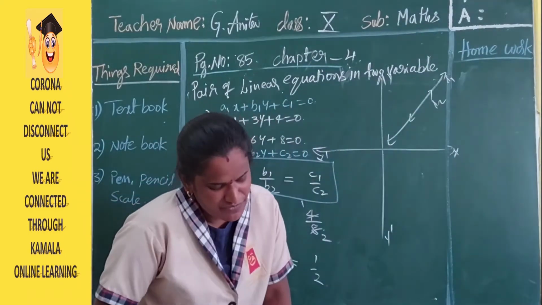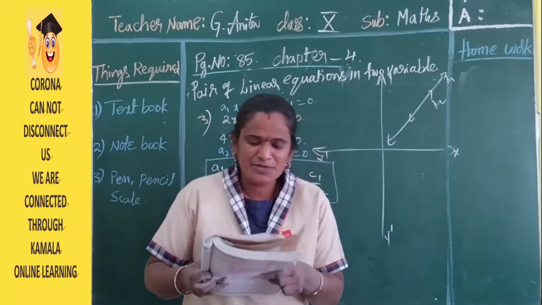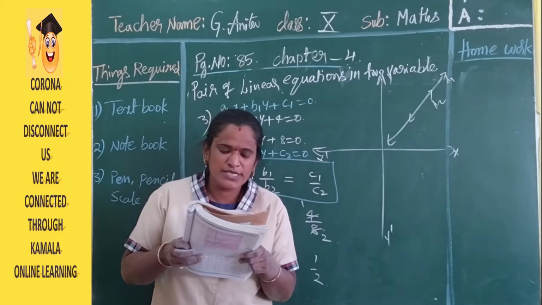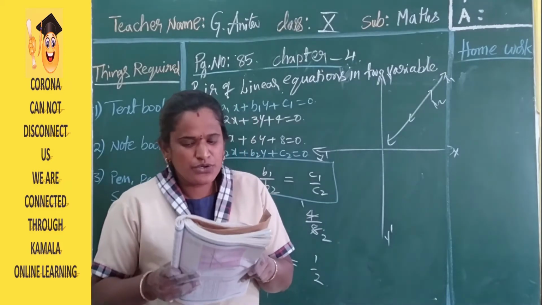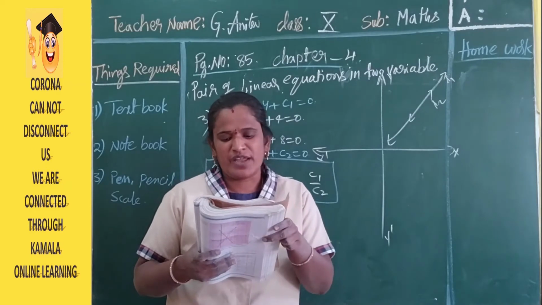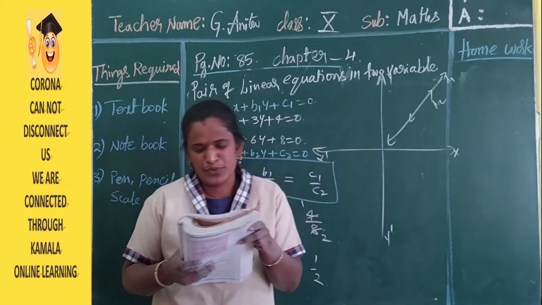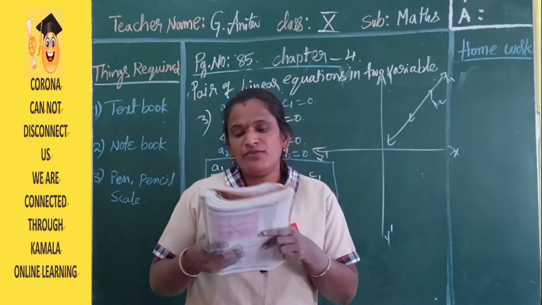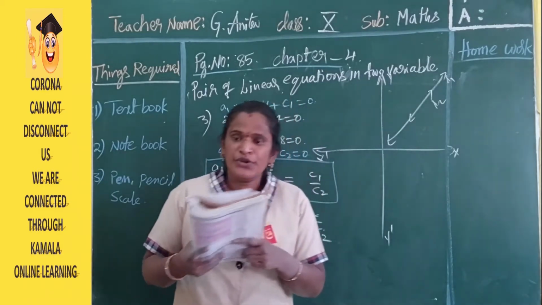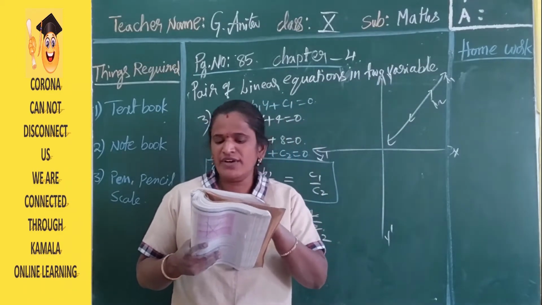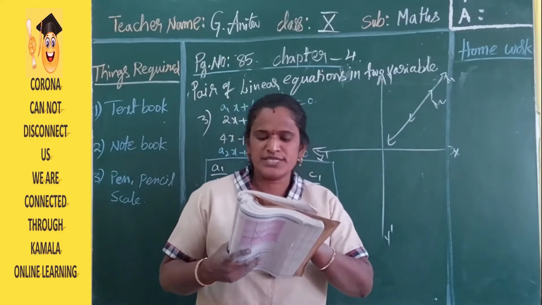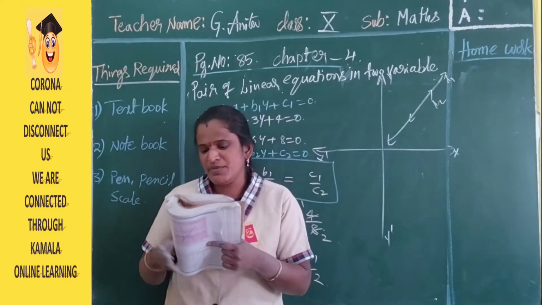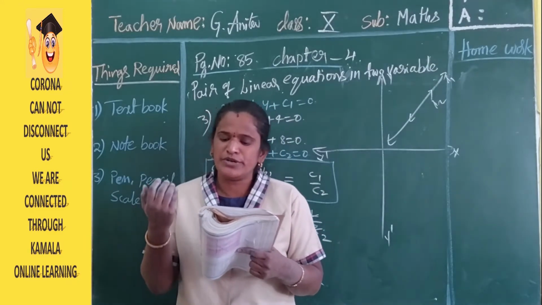Once look at your textbook, everyone. They are given the third one, 3x plus 6y equal to 3900, and x plus 2y equal to 1300. So here a1 by a2 is 3 by 1, b1 by b2 is 6 by 2, and c1 by c2 is 3900 by 1300. If you do the cancellation, 1 ones are 1, 1 threes are 3; 2 ones are 2, 2 threes are 6; 13 ones are 13, 13 threes are 39. So you get 3, 3, 3. That means a1 by a2 is equal to b1 by b2 is equal to c1 by c2.